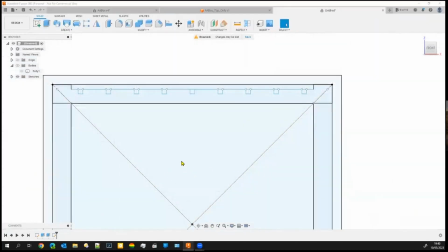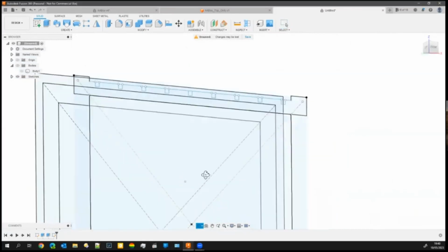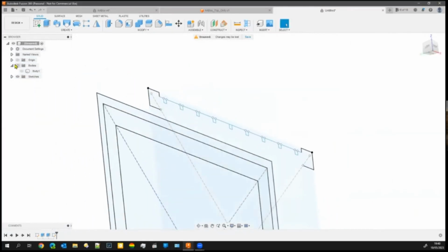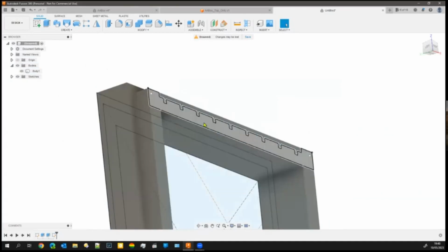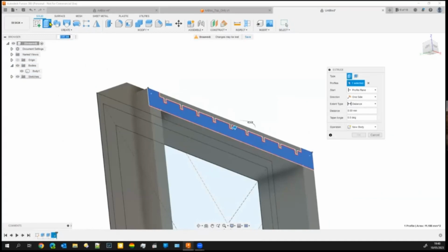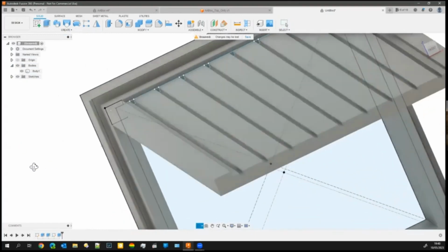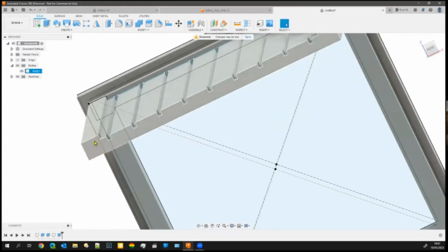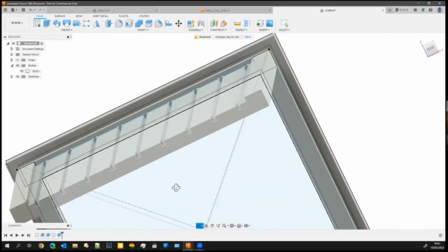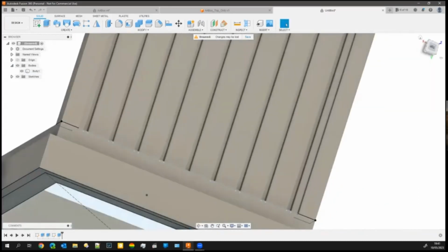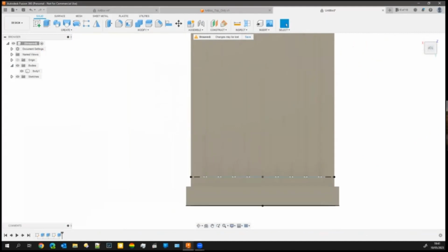So what we're going to do now is extrude this one up, because this will produce our wall. So again, go on that side. I'll put the bodies back on so we can see what's happening. And you can see that body now I want to extrude up, and I want to extrude it up 25 millimeters. That's going to be the height of the box. Type in 25, and there's the back wall done, with our little corner pieces already in place. Okay. And what we're going to do is finish off the back wall